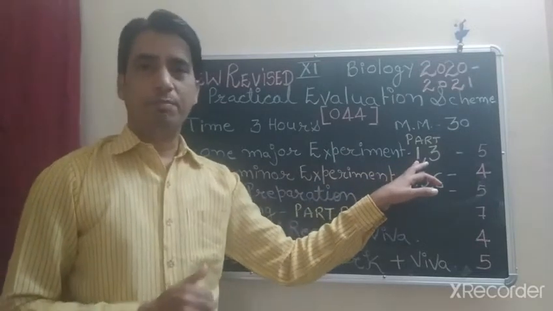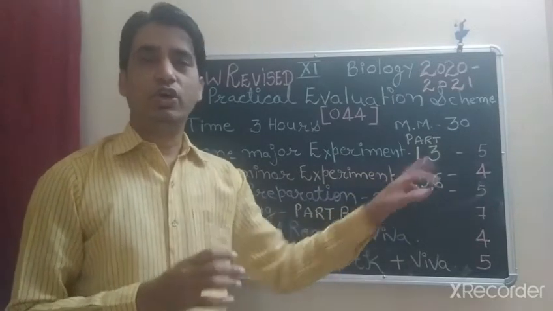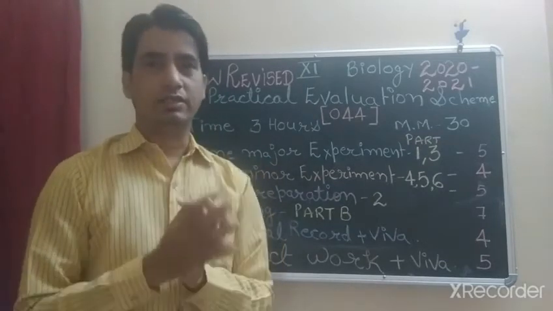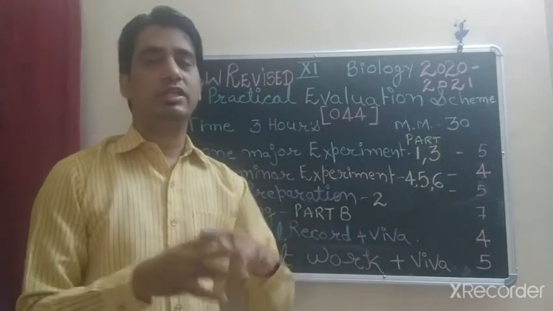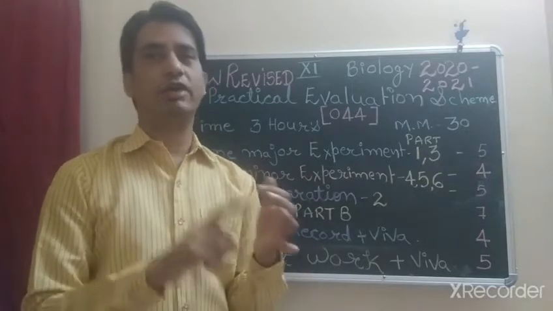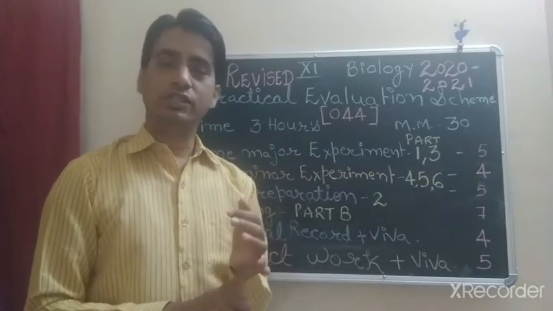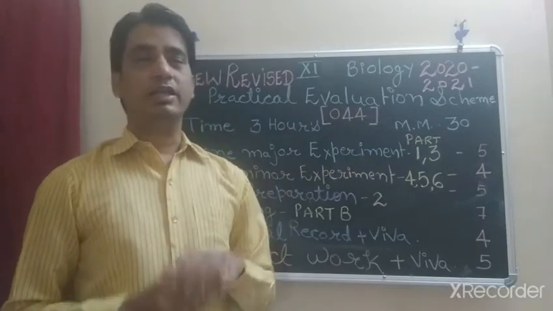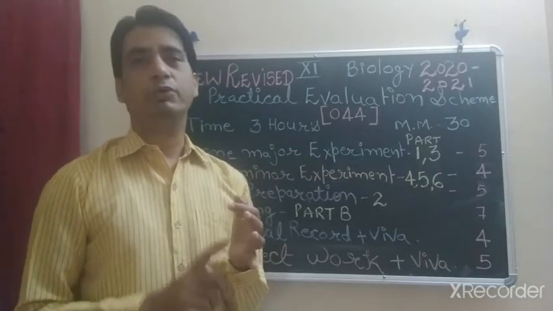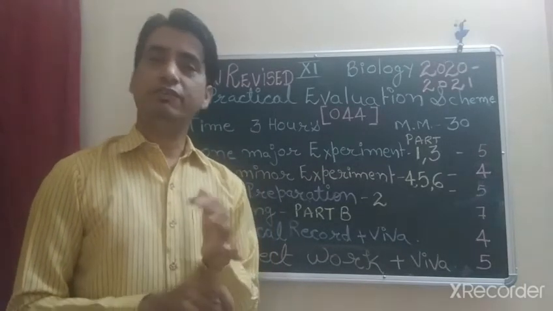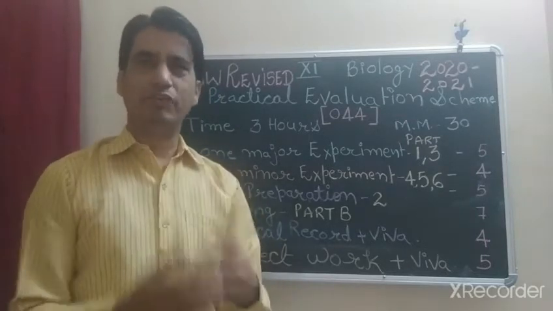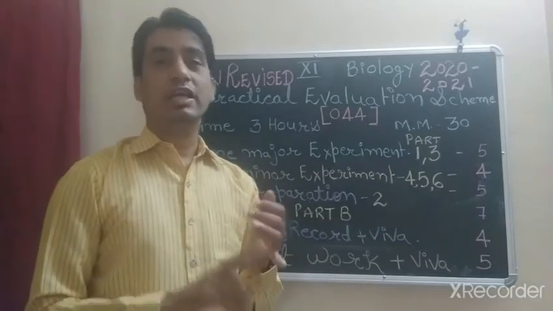In Part A, experiment number 1 is the study of morphological characteristic features of any angiospermic plant, in which you have to mention the structure of flower, leaves, floral formula, and floral diagram. For this, students or a school can select any locally available plant from the family Solanaceae or Poaceae. But if plants of these two families are not available, then any plant from family Asteraceae or Brassicaceae can be taken